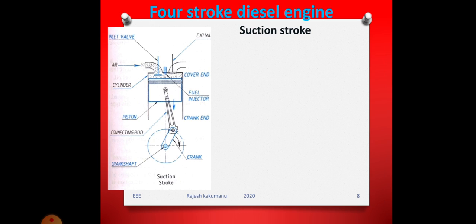Now we'll see the 4-stroke diesel engine. In the 4-stroke diesel engine also we have 4 strokes, that is suction stroke, compression stroke, expansion stroke and the exhaust stroke. So now see what happens in the suction stroke. See the figure before that. Whatever figure you drew for the 4-stroke petrol engine, the same you can see in the 4-stroke diesel engine. But what is the difference here? The difference is, see the fuel injector in the parts. Where is the fuel injector? In between the inlet valve and exhaust valve.